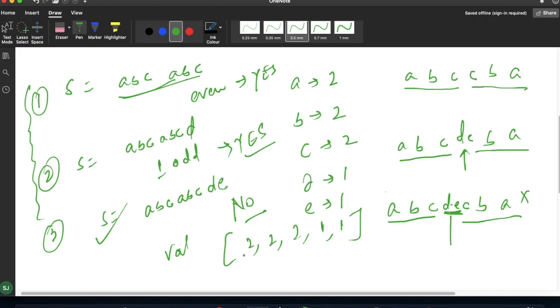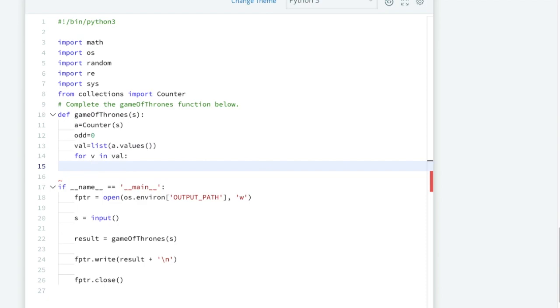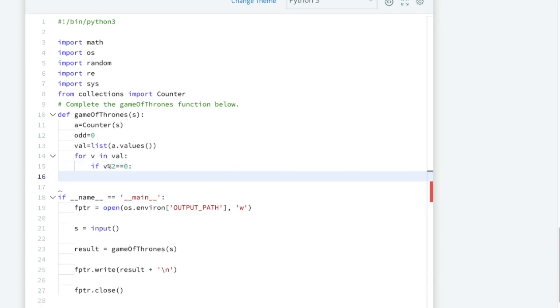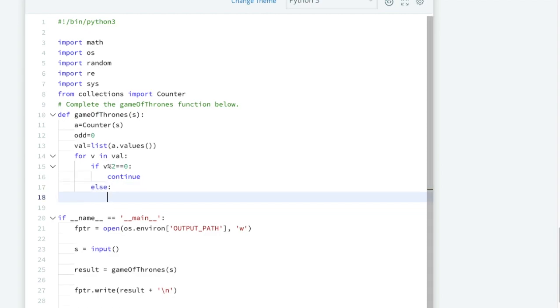I will iterate through each value and check whether it is even or odd. If v modulo 2 equal to 0, if it is even, then I will simply continue, no need to check, because if it is even then we can simply make a palindrome. Now else, if it is odd, we have to add 1 to odd. We are done with the logic.